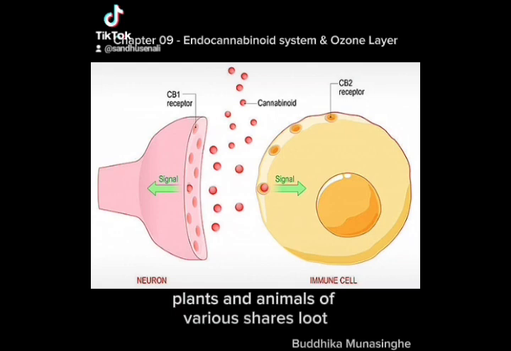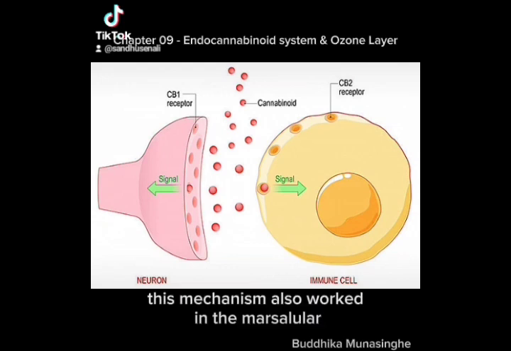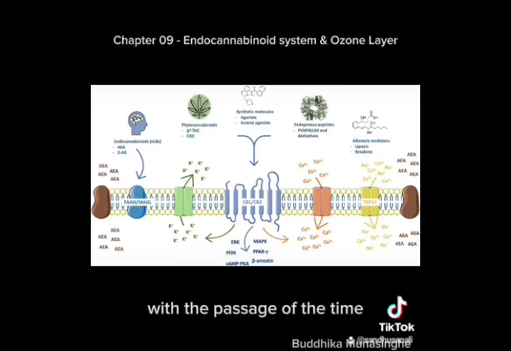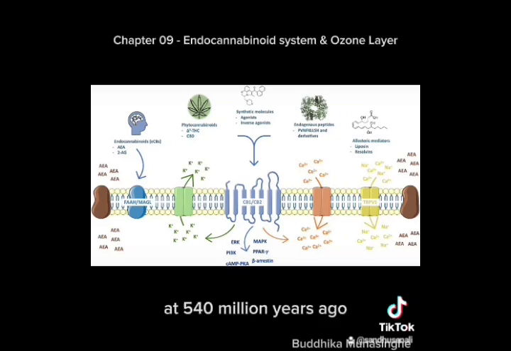Plants and animals of various shapes lived throughout the ocean. This mechanism also worked in a very simple multicellular organism called Hydra vulgaris, which lived in the ocean of this time. With the passage of time, new species of life were added as the ocean environment changed. At 540 million years ago,